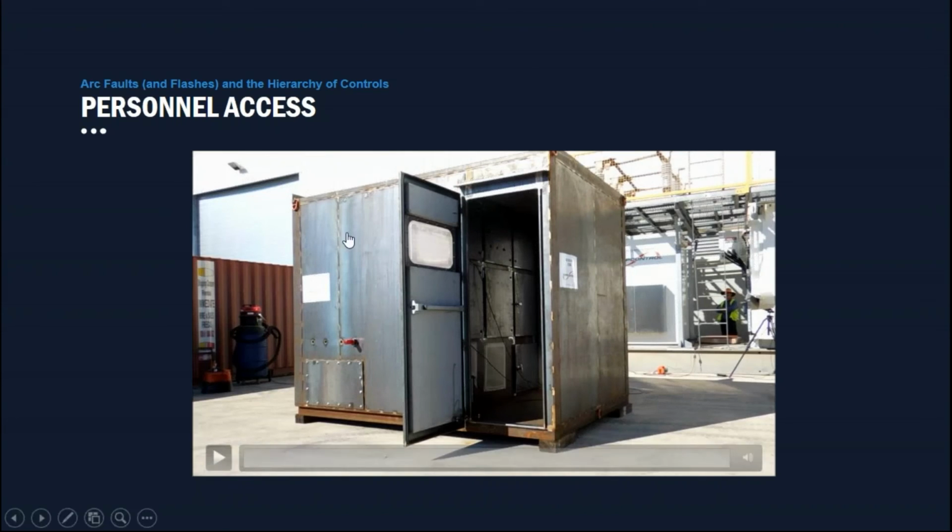This is the same setup now, but looking at the point of view where an operator might be. So we didn't have an operator in there. If you look closely, there's an operator hiding over here because you can't be too careful. But we did set up a camera inside. We also set up a number of different pressure transducers. But if we run that one,